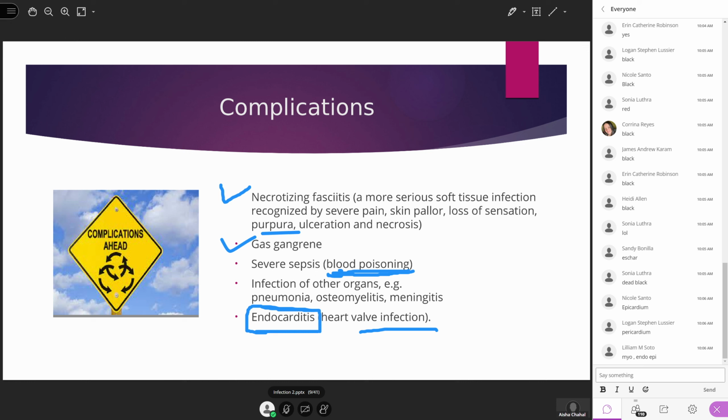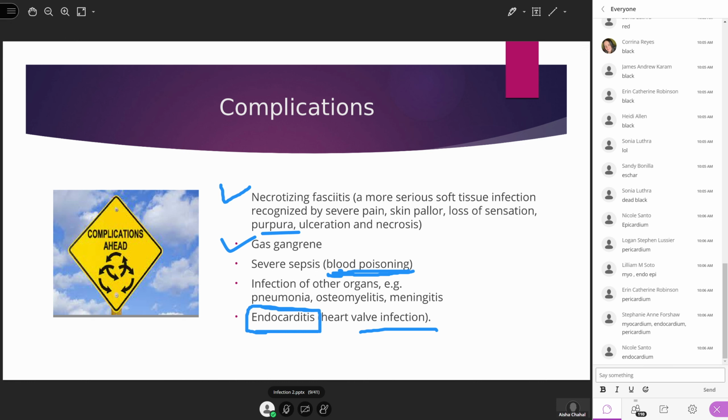Epicardium, pericardium, myo, endo, epi. Yes, there you go. Perfect. Thank you. So